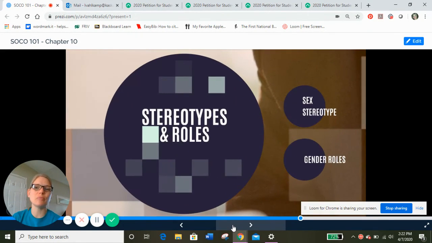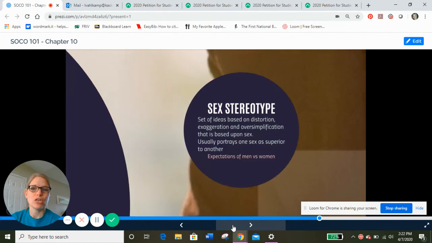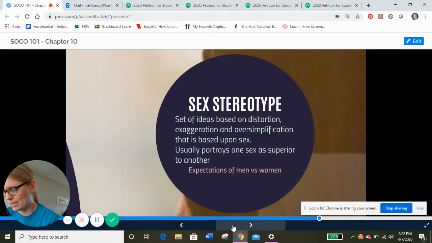So let's talk a little bit more about stereotypes and roles. So what is a sex stereotype? We're talking here mostly about sex stereotypes and gender roles, okay? So a sex stereotype is a set of ideas based upon distortion, exaggeration, and oversimplification that's applied to a sex. It's used to portray one sex as innately superior to the other. So it's those expectations between what it is for a man and a woman. If you want to turn to page 284 in your book,